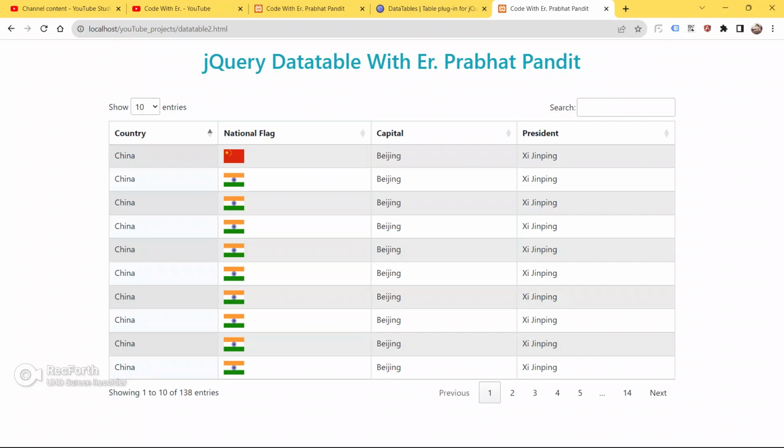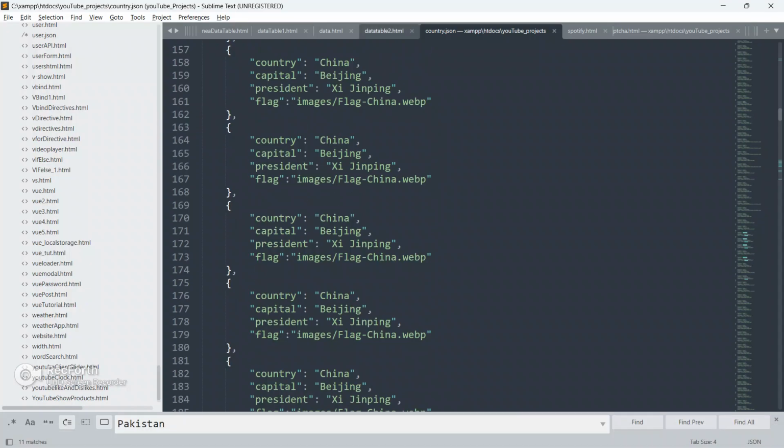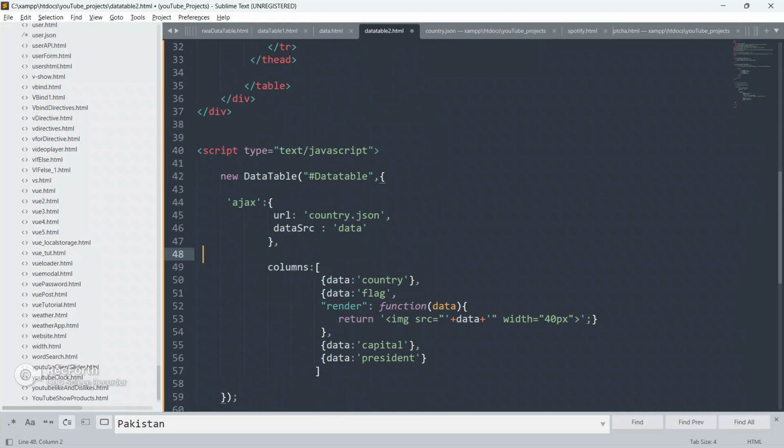So yeah, so now guys we will customize what we show initially. As you can see here, guys, initially the data is showing for 10, so initially we will show only 5 data, okay guys. So now I will show how to change the data also.